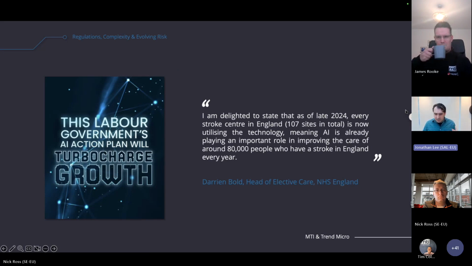But it's not just in the areas of strokes. We're also talking about diagnostic imaging, things like radiology, detecting diseases earlier, predictive healthcare, thinking about risk stratification, for example, and patient flow models. And then from an administrative point of view, that back office that costs a heck of a lot to administer every single year, we can look at things like patient triaging and algorithms around appointment scheduling. So the opportunity of this is massive.